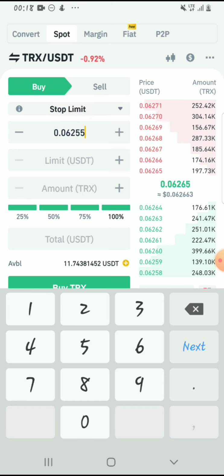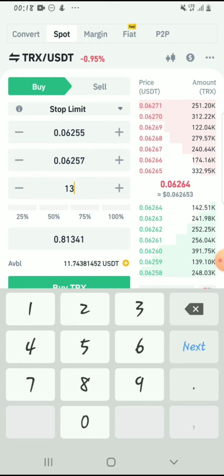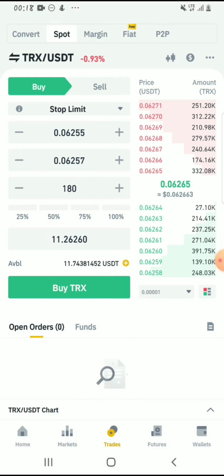0.06255, then I should purchase the TRX for exactly 0.06257. I will buy 136 TRX for it. Okay, let me make it 140 TRX. Still a little. Let me make it 180, and we're good. So this means if the price of TRX drops to $0.06255,